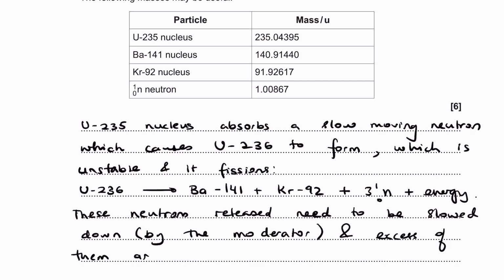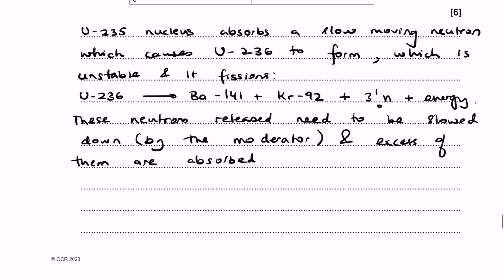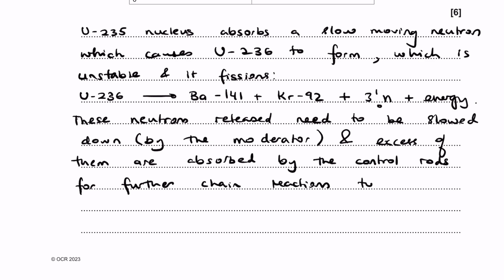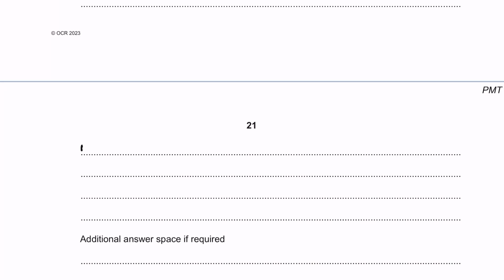Otherwise, we would end up getting uncontrolled fission, and it would lead to release of just a crazy amount of energy, which could lead to an atomic bomb, basically. So that's the job of the control rods. The energy released, we know that it's given by delta m c squared, and delta m is just